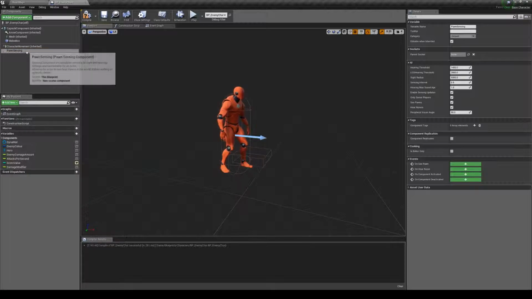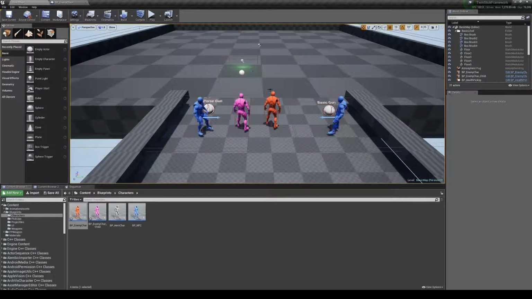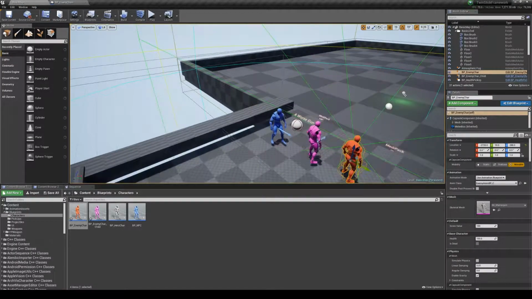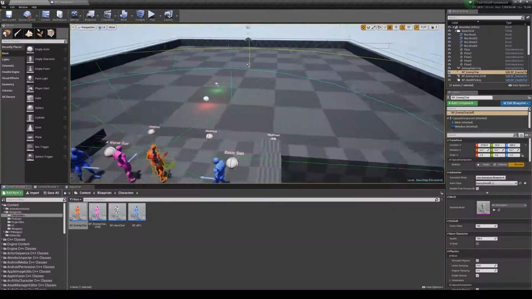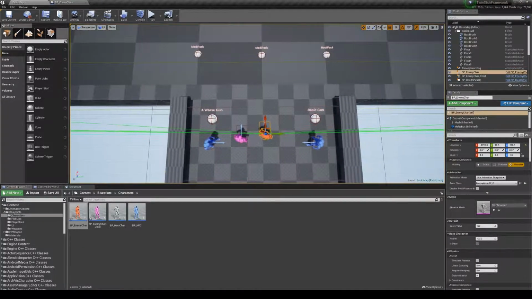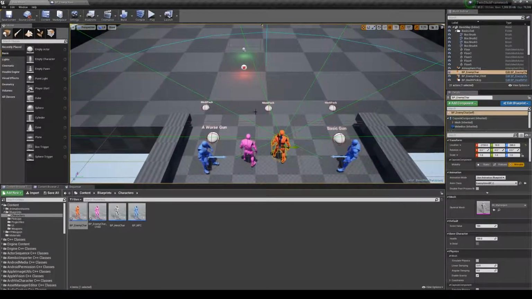So if we go into the viewport now, and I change this peripheral vision angle. So right now it's at 90 degrees. So let's see, we should be able to, there we go, see that in the world, what 90 degrees looks like. And that is 90 degrees from the front over to its right side, and then 90 degrees to the left as well. So it's actually 180 degree vision really,